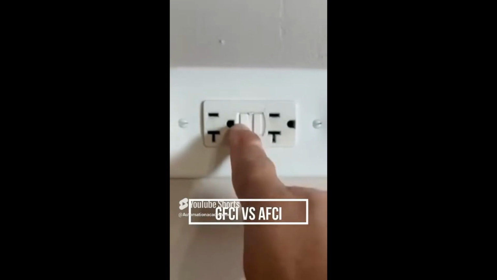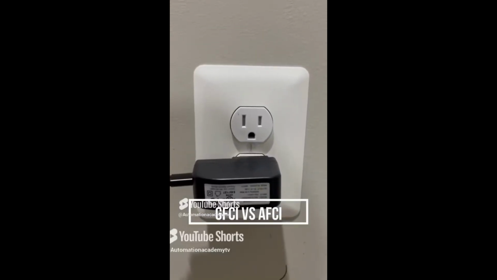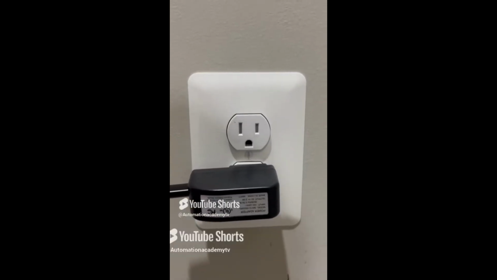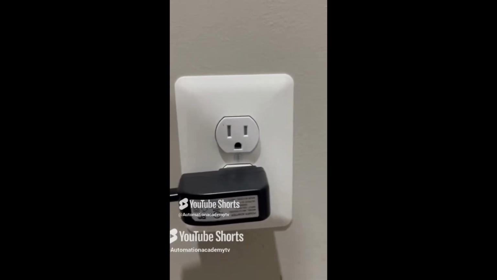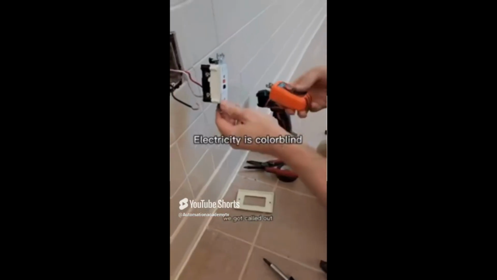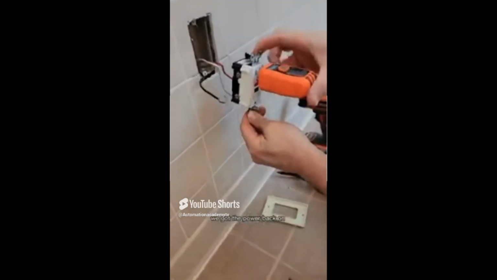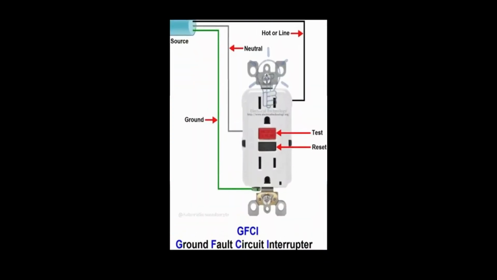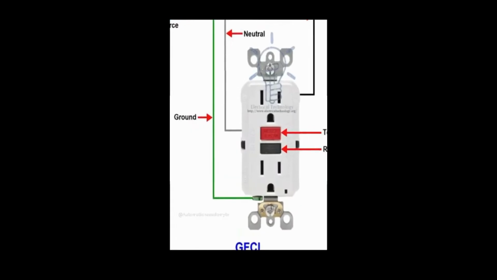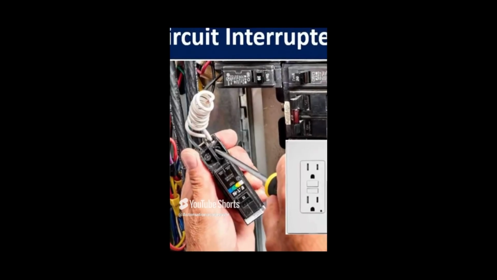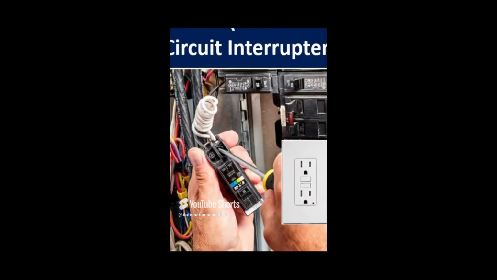What is the function of GFCI and AFCI? Both GFCI and AFCI are safety devices, but they protect against different electrical hazards. GFCI means ground fault circuit interrupter, and AFCI arc fault circuit interrupter. GFCI protects you from electric shocks by detecting leaks of electricity or ground faults, and it can be seen in bathrooms, kitchens, outdoor outlets, and garages. While AFCI prevents electrical fires by detecting dangerous sparks, arc faults, and